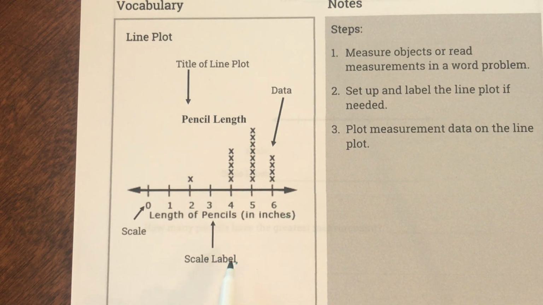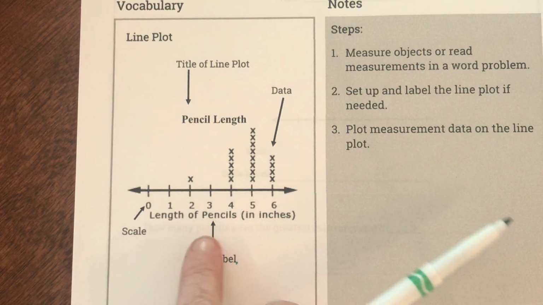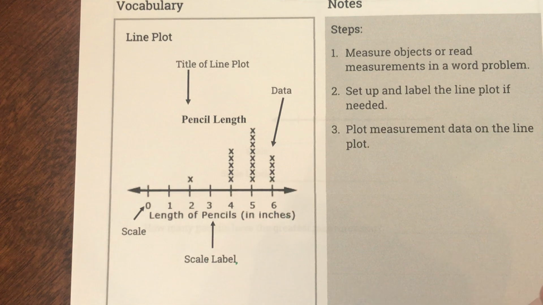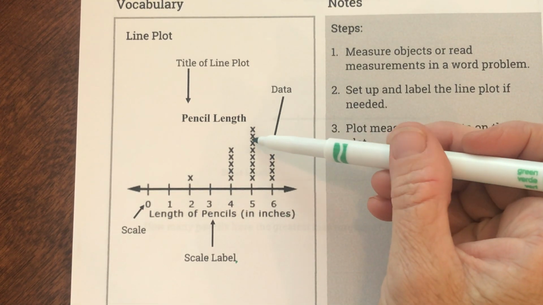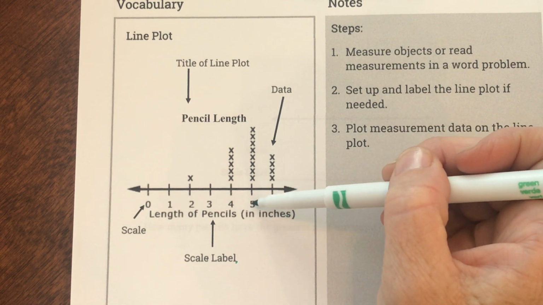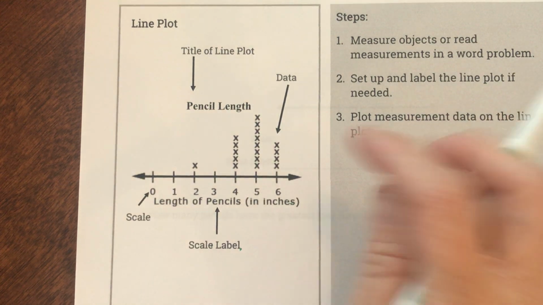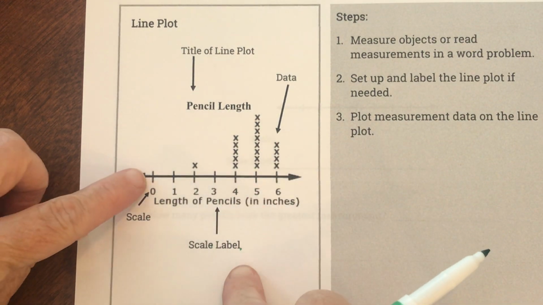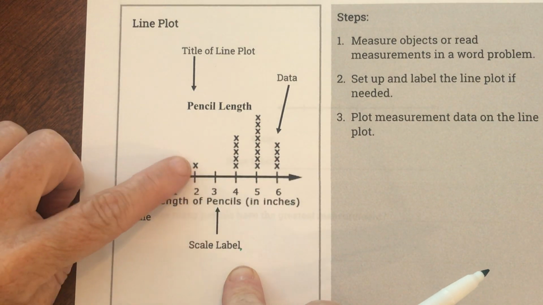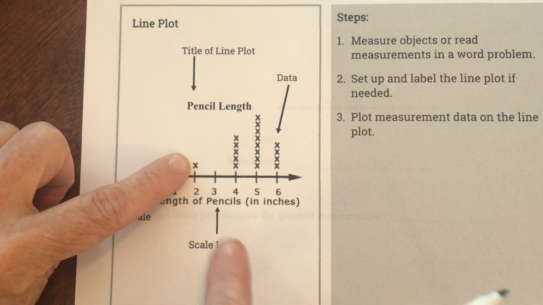And then the scale label is what do those numbers refer to? So that means 0 length of pencil in inches. 1 means the length of pencil in inches. So the scale and scale label go together. Now the most important thing in this line plot is the data. So these X's above the number in the scale represent a piece of data. So what this means is there were no zeros, no ones, and the 1 X means in the data